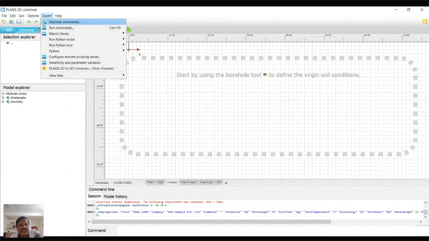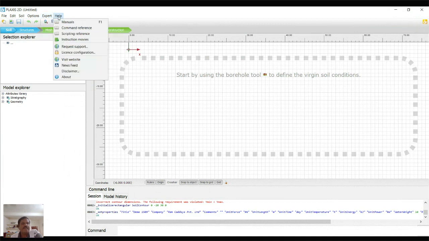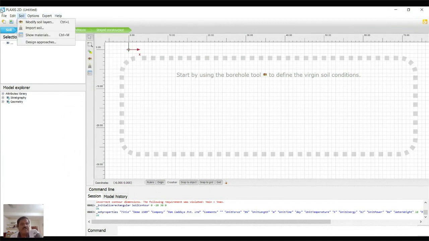Wherever you are finding that blue icon, those commands will normally not be available; only during maintenance will you get these features. And then help, so this is the menu. Below that is the general toolbar, a horizontal toolbar. Here: new, open, save, undo, redo, magnifying, and move. These are all the general toolbar.